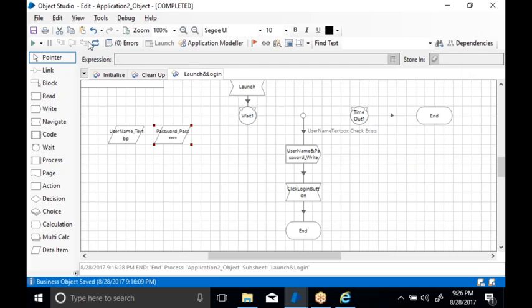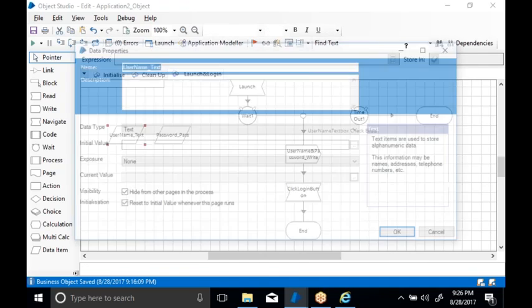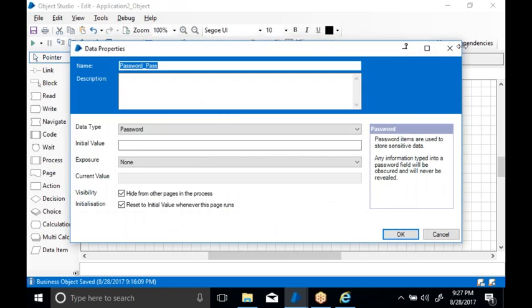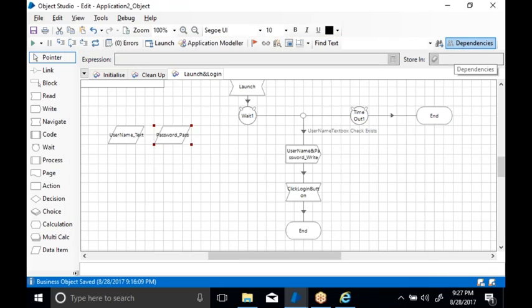I don't have any credentials. Now you can see there is no data in this. There is no data, there is no username, and there is no password. I want to access the username and password from where the administrator created the credentials. I have to access how to get the credentials from the credential manager into the Object Studio.